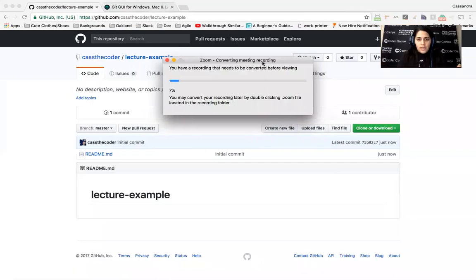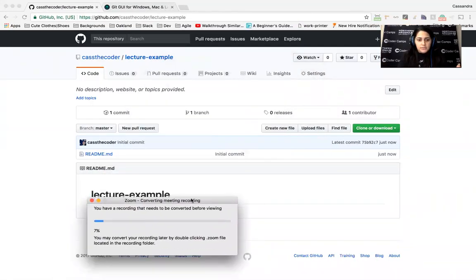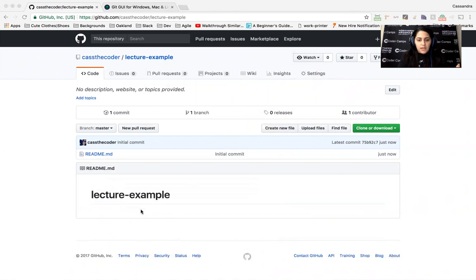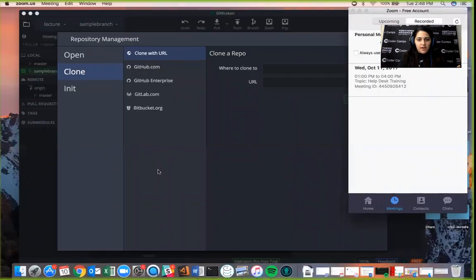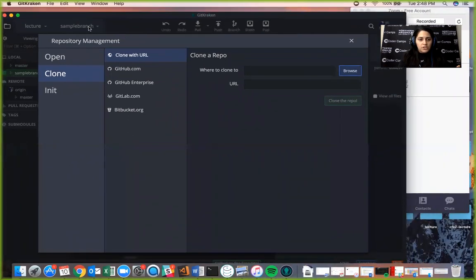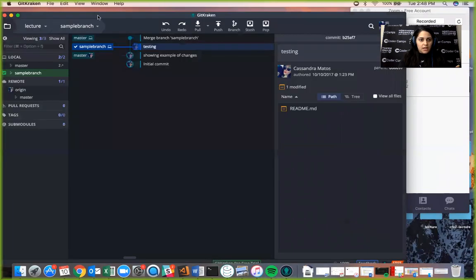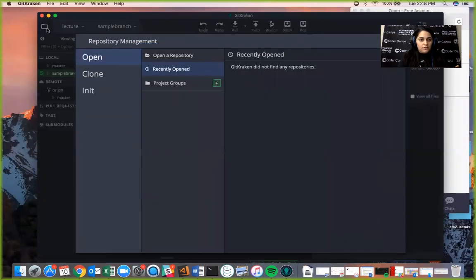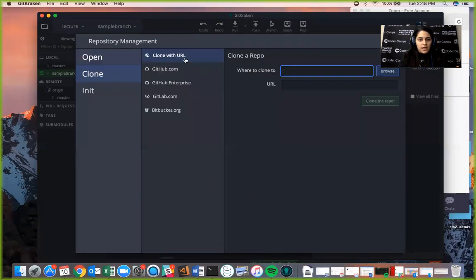Okay, so then the repository is being made here. And then we have our README file. So when you are working with GitKraken, let's go back here and start from the beginning. We're going to click on the folder, and we're going to click clone, and then